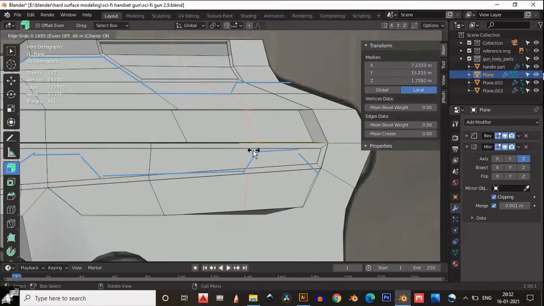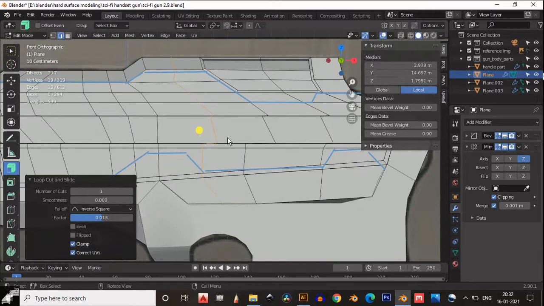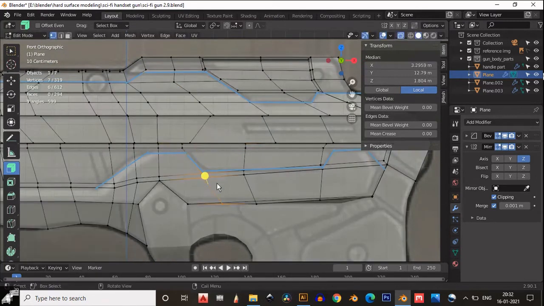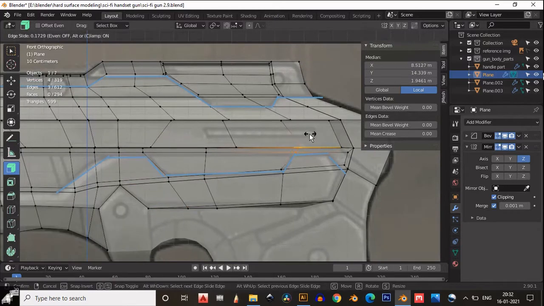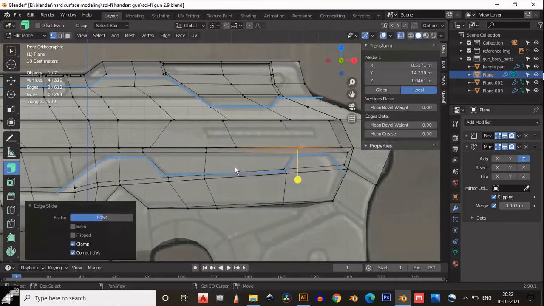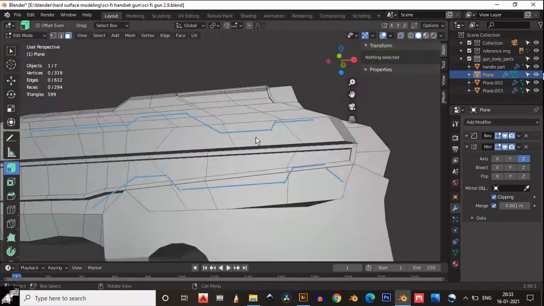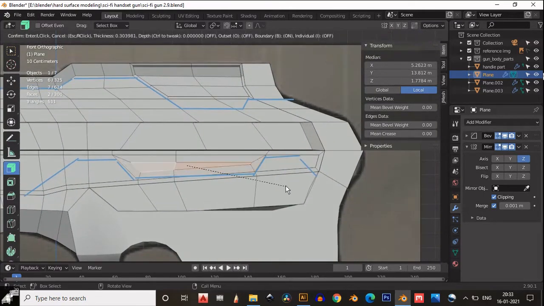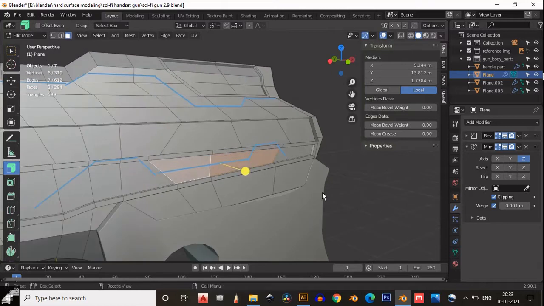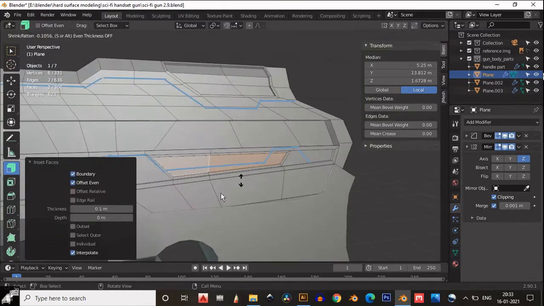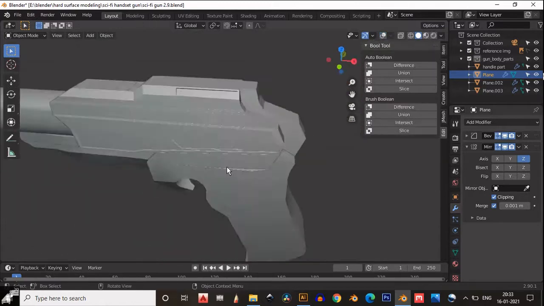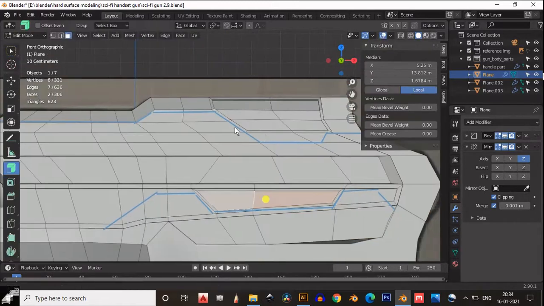Now you can see, one more time, add loop cuts and move the vertices to follow the design, follow the annotation like this. And then select the faces and then insert these faces and extrude inside. Like this.